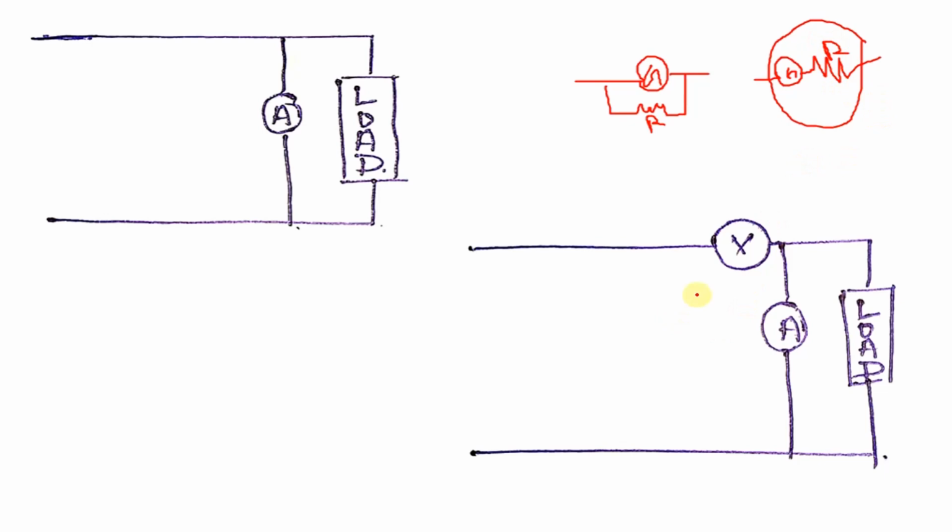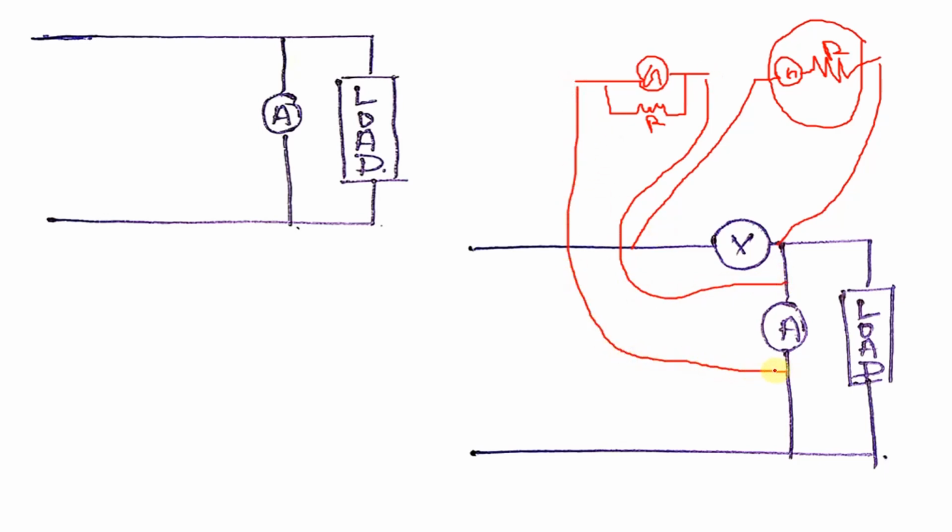So this thing is connected here, and this thing is connected here. So what will happen if some DC voltage is applied here? This whole voltage will be across this ammeter, that means across this combination. Since the resistance here is very less, a high value of current will flow in this circuit. So what will happen? This will get burned. In the previous question I have just explained why it is getting burned.